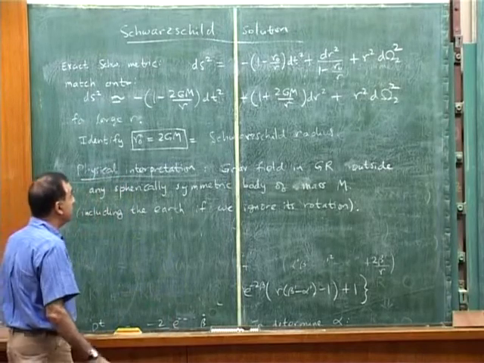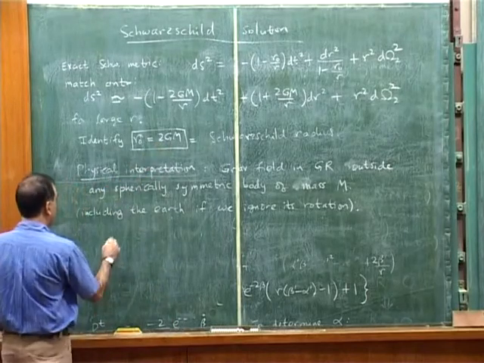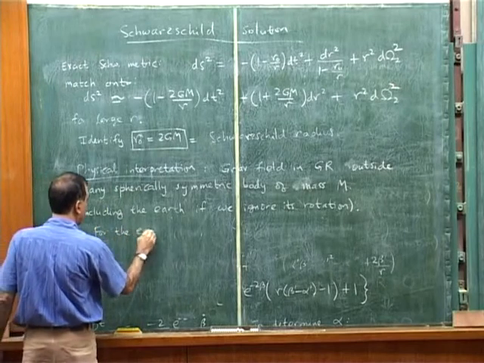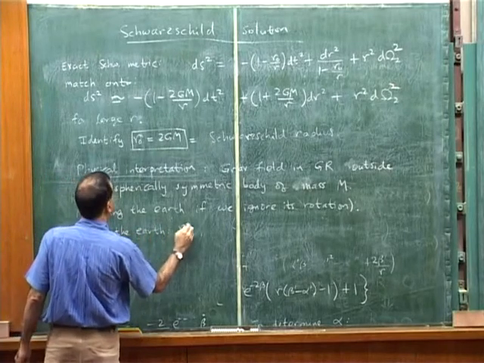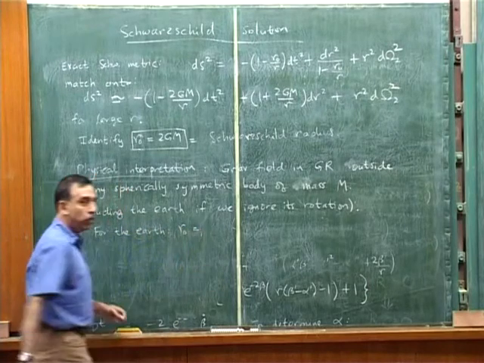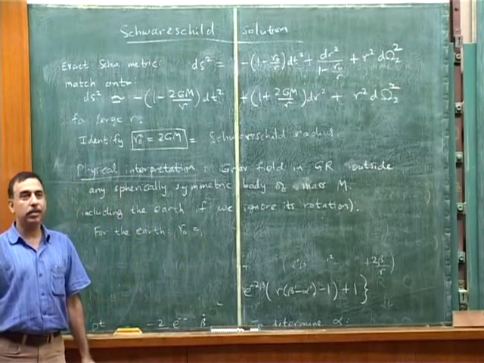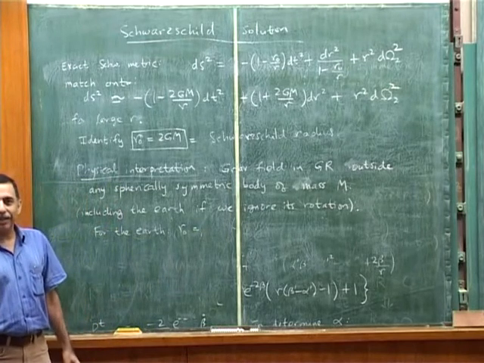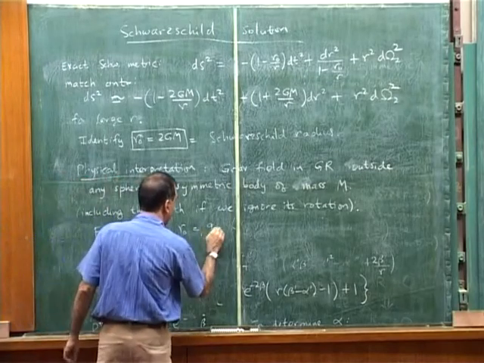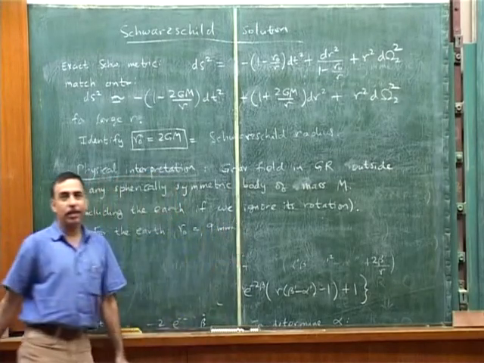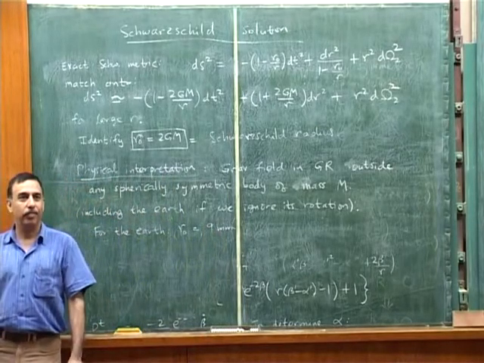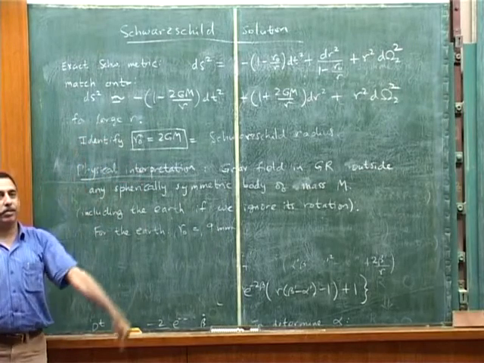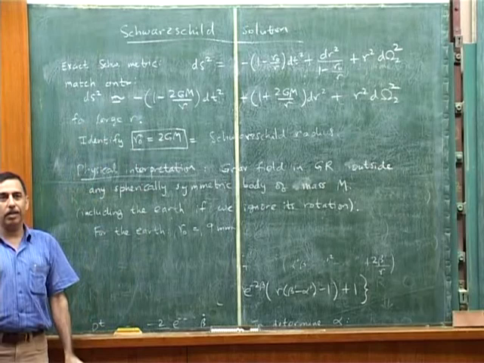Whatever it is, you can plug it in, and for the Earth you find its Schwarzschild radius. How much is it? R0 is equal to, anyone know the answer to this? Random guess. A centimeter, who said that? Very good, it's extremely close. 9 millimeters. That's the Schwarzschild radius of the Earth. So, does it mean that this is the metric of the Earth down to a distance of 9 millimeters to the center?